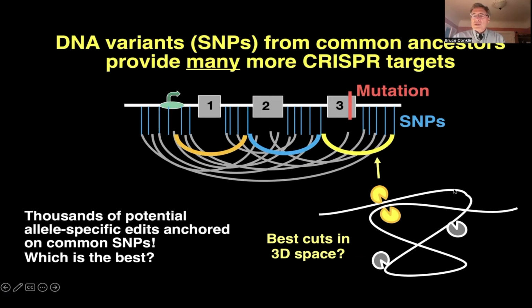So indicated here, just as an example, is a piece of DNA which is looping around and has three-dimensional structure that we can't see normally. But when we make a cut here and here, these two are close together and then easily cut out the middle, whereas these two, which are far apart in 3D space, and in linear space very far apart, might have less cutting efficiency. And so we experimentally test now. We're in the process of developing systems to experimentally test the thousands of different edits so we know which one's